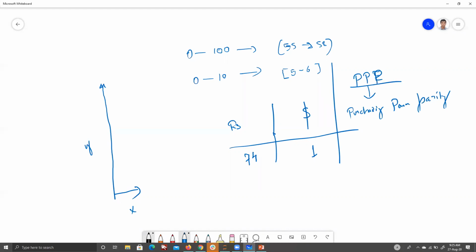There is a very easy example, at least for whoever is planning to go outside. Let's say someone thinks, okay, in USA I will make $6,000 per month. If you are already a working professional, even in India if you are making decent money, a person has to do this calculation, otherwise it's very tricky. And in India, let's say you are a senior professional making 1.25 lakh rupees per month.